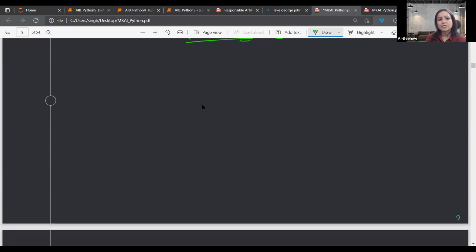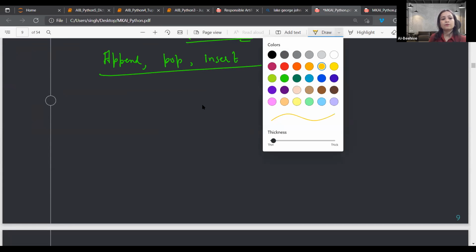So this is how we can use append and pop. And another method is insert. So let's see how we can use it in real time for certain examples. And you can also apply this to your area of expertise. For example,